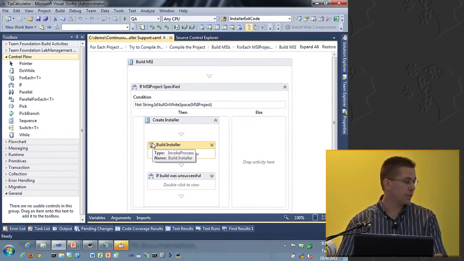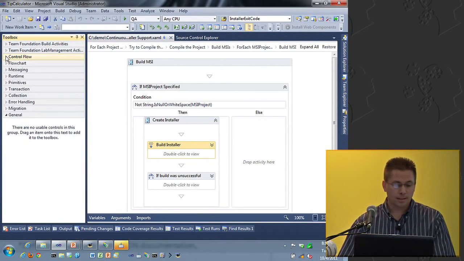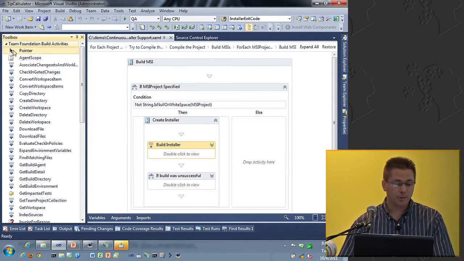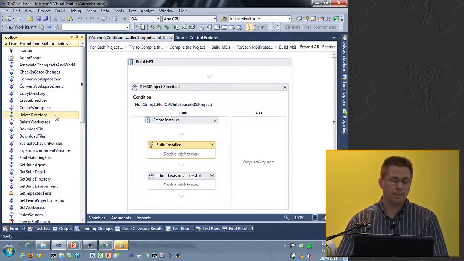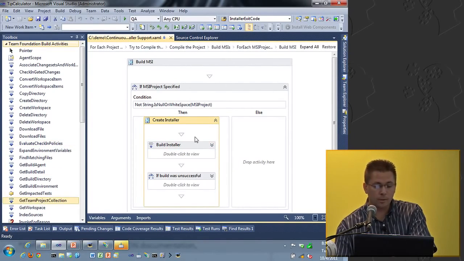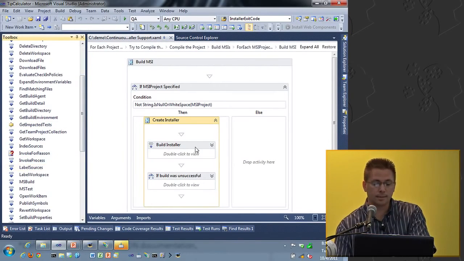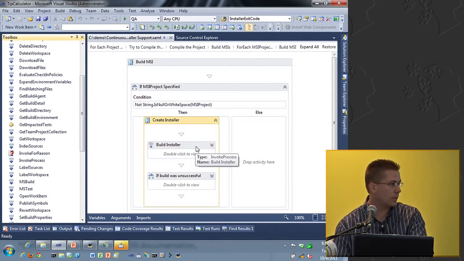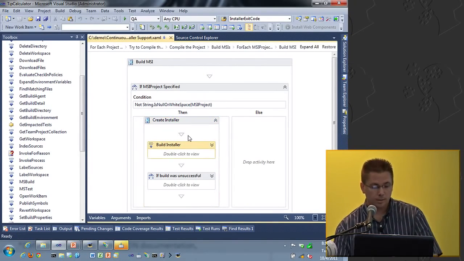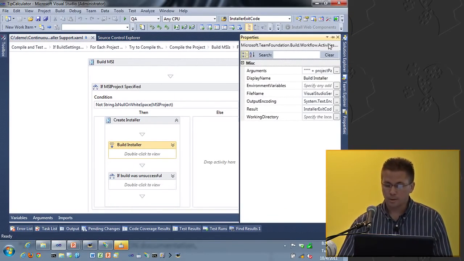This is one of those predefined activities called invoke process. This is the kind of get out of jail free card, because if you can't find another build activity that will do what you want, but you have some utility program or something that you know will do what you need, then you can drag over the invoke process activity and configure it to run whatever you need it to run. So if you look at the properties for build installer,